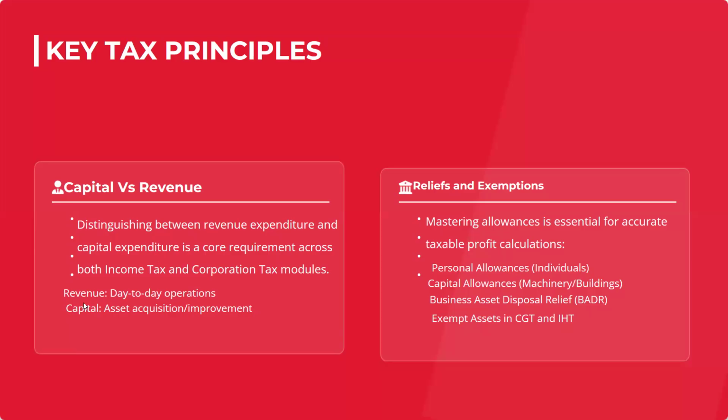I've just mentioned it as a one-liner, what's a revenue and what's a capital one. These are the basics. So when you start taxation, you should know these concepts beforehand, and if you don't know them, you can start from this. These are the topic starters. Then reliefs and exemptions. You should know, again, the functions of the allowances. There are so many allowances in taxation that many students get confused as well.